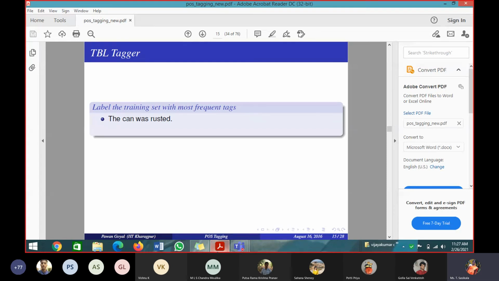It is like a dictionary. I am creating words and the corresponding tags, and if I give some word, it checks with the dictionary. If the word is there in the dictionary, it will take the corresponding tag and apply the tag to the corresponding word. If the word is not there in the dictionary, what will it do? It cannot give any answer. So for those words, we will not find it.